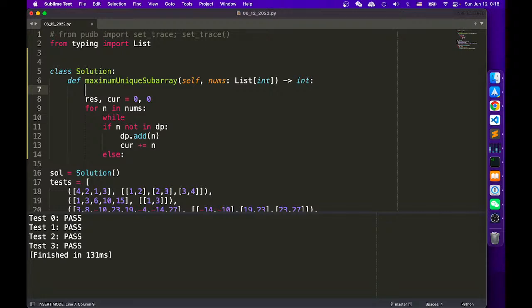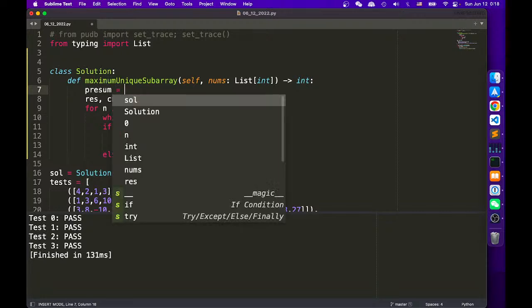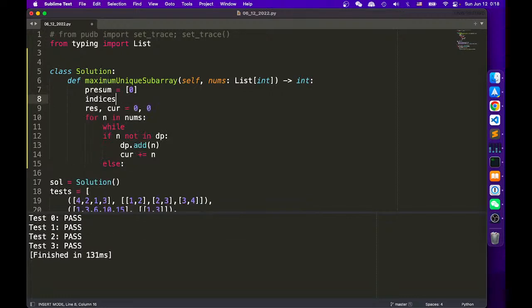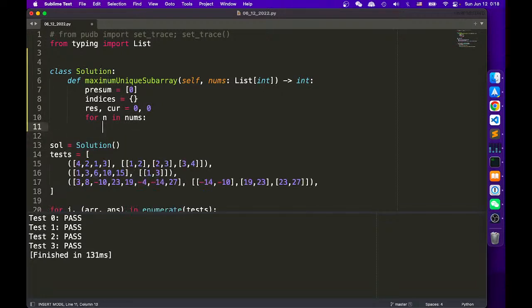What we're gonna do is we're gonna have a pre-sum, okay? A prefix sum. We can start with 0. And then we have this and this. So for n in nums, we also need indices. Okay, that's gonna be a dictionary. Okay, so we don't need this. Right. And we need i and enumerate numbers. Actually, I just realized that it would be better just to go this way. Okay. Now,